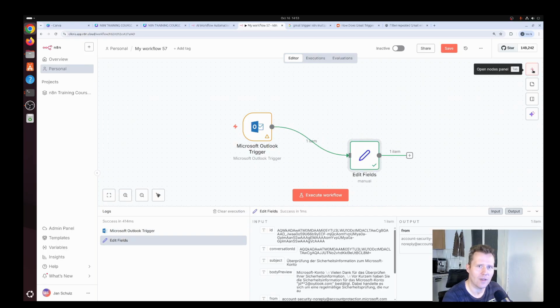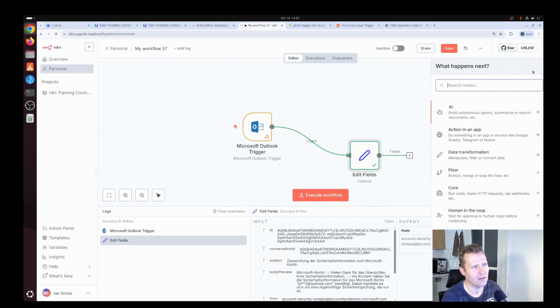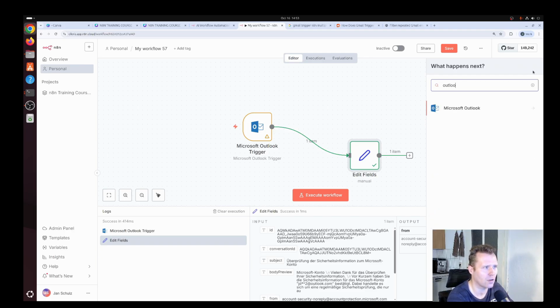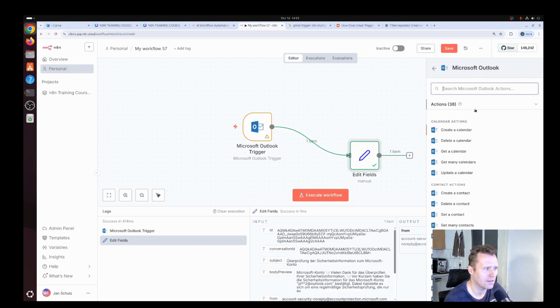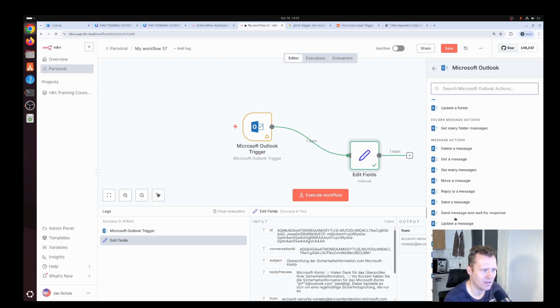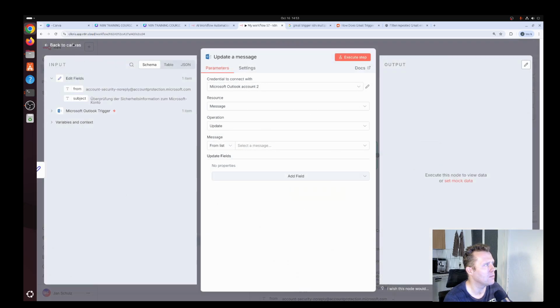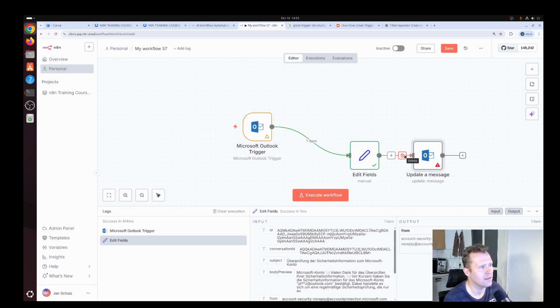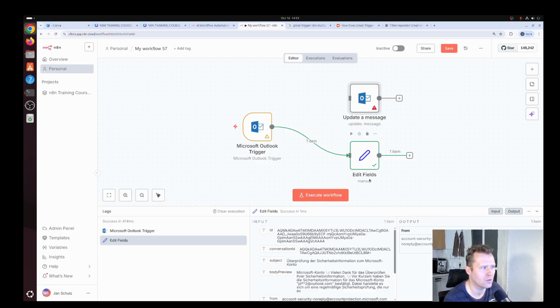And now we also have to add a node that marks the email as read. So let's click on the plus, search for Outlook, and then scroll down to the message actions, and we're going to select the update the message node. Okay, let's go back. Let's delete this connection here, and let's position it in parallel to the set node. Let's create a connection,